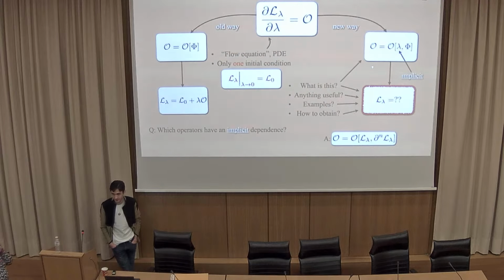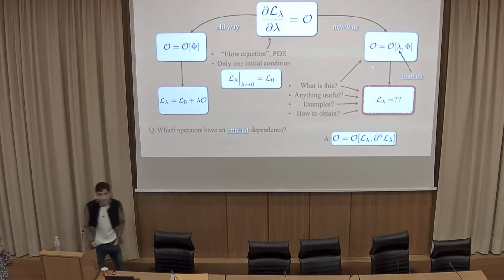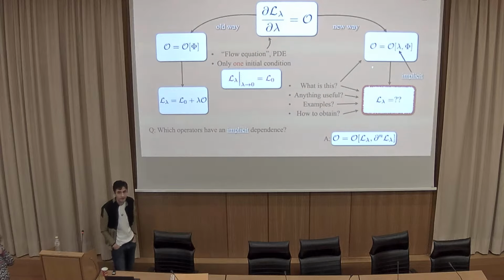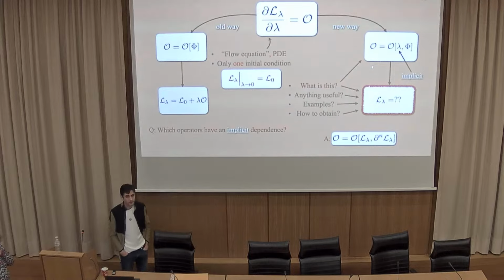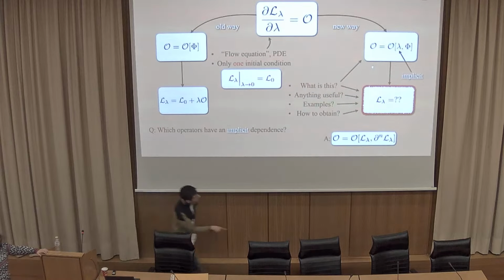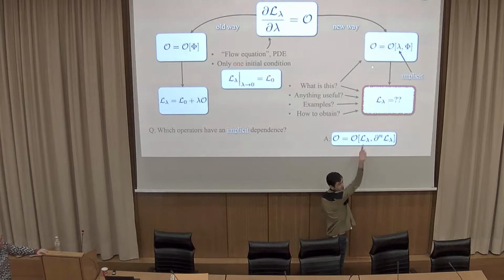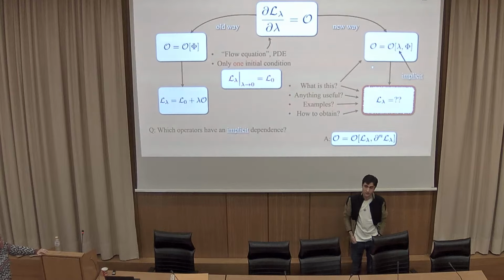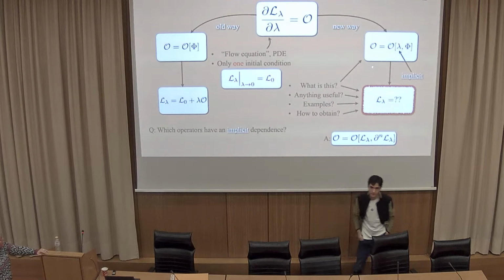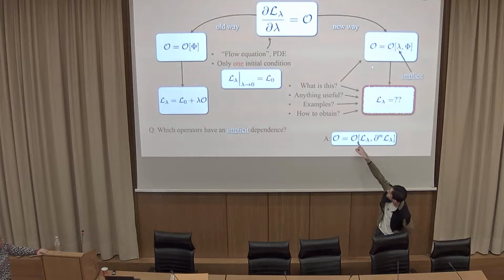But in principle, you're free to do everything you want. And when you say implicit, you mean the difference between implicit and explicit? For me, implicit would mean that phi depends on lambda. Is this what you mean? Not necessarily. The implicitness is in the deformed theory that you try to find in the first place. So if O is this, this is L of lambda. That's O. Plug it back in there, and you see that there is an implicit lambda dependence that only comes through L. It could also be through phi, but then that would make your life miserable.